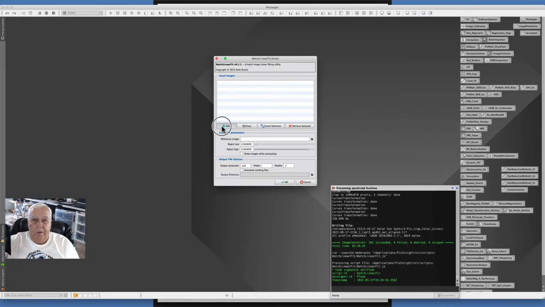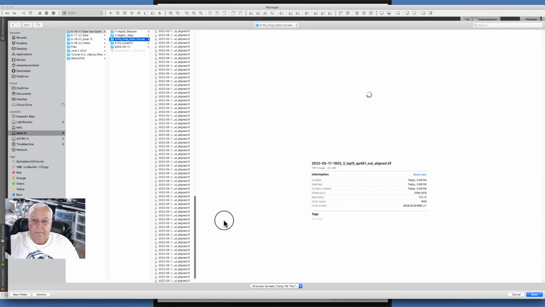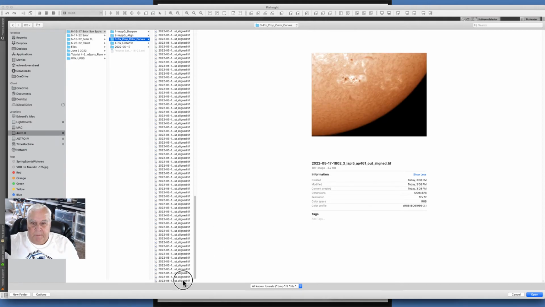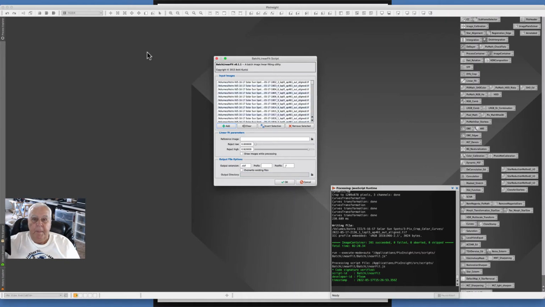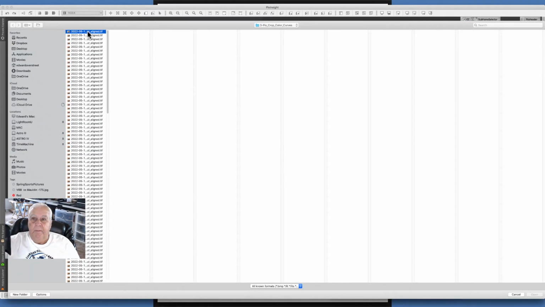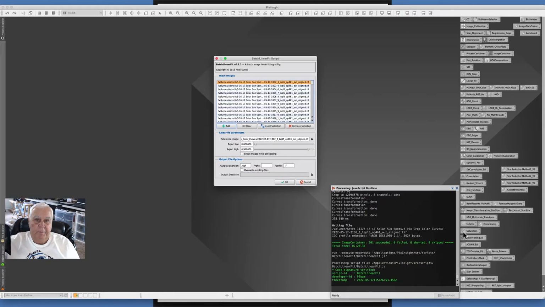Okay, so we're going to load those images, which I forgot to do, and they are right here where we did all the batch coloration curves, and we need a reference image, so we're going to just take the very first one, and we'll make it this one. The very first one, we're going to match up with all of them, and then we're going to change this to a TIFF file,